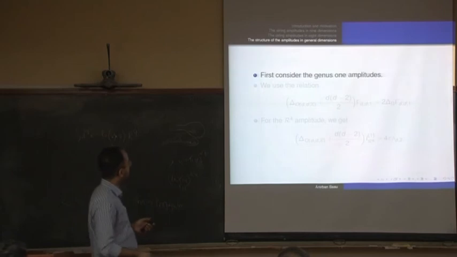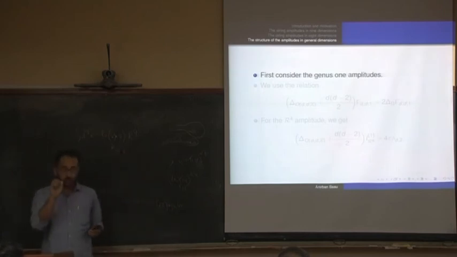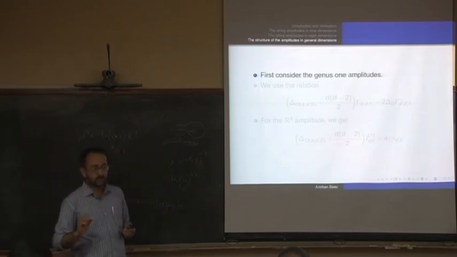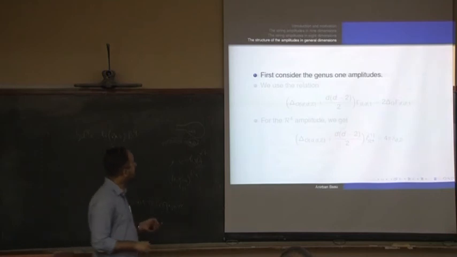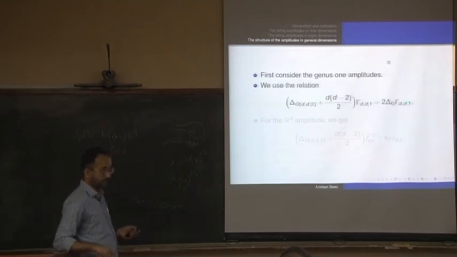Let me look at the general dimension, because the issue was in which dimension and how exactly these boundary terms contribute. Apart from that, more or less we have figured it out. And we'll be using the relation. First, let me look at genus 1. This is compactification on T^d at genus 1.